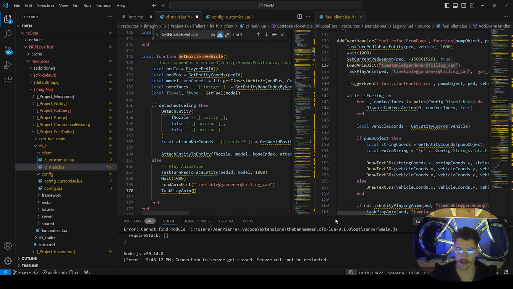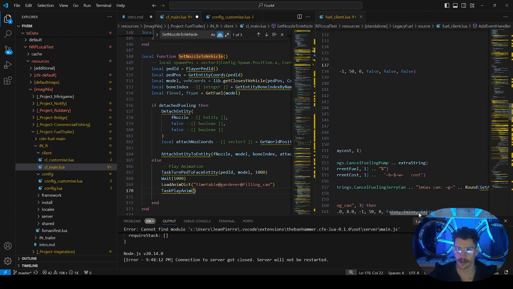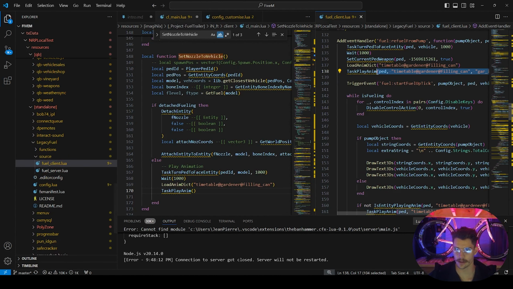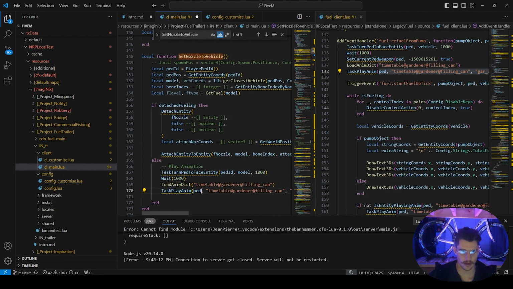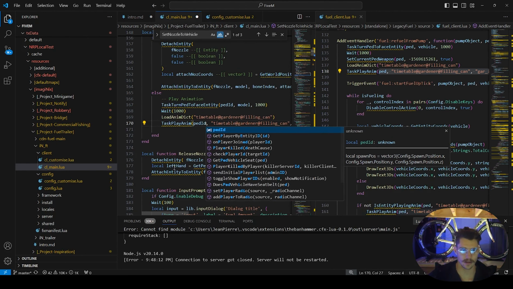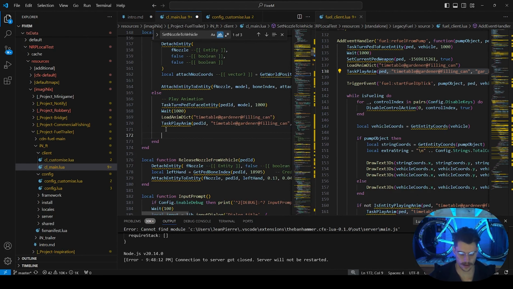Right, and I'm just going to borrow what is inside and paste it. Right, ped ID, and that should sort that out. Now,